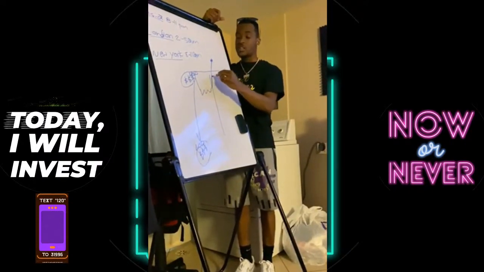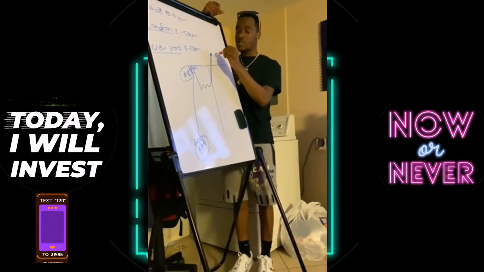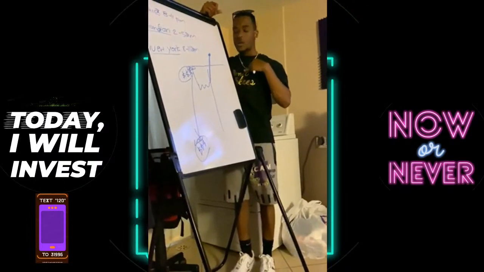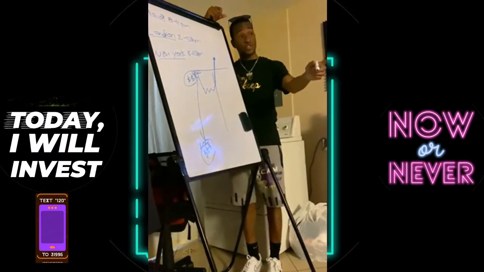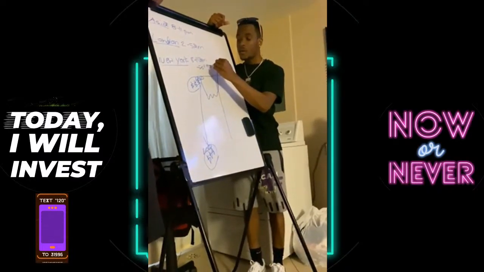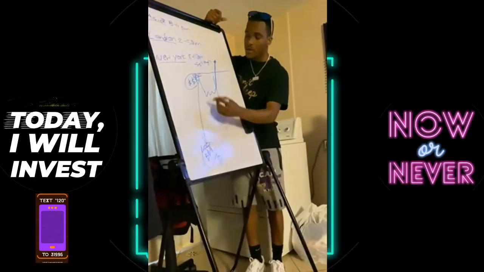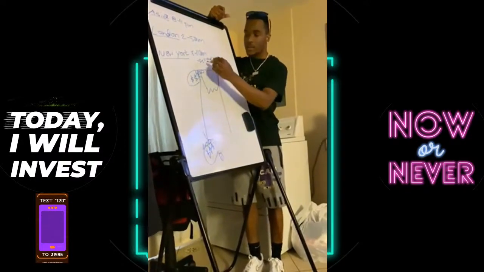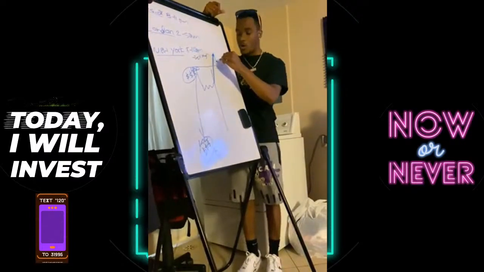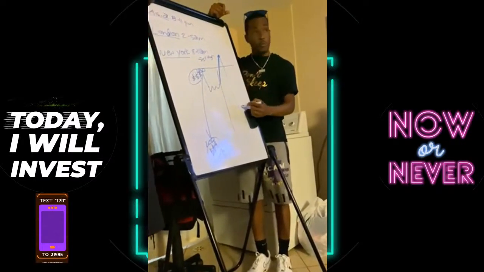So that positions you as an investor to say, all right, I know that that's the previous high right there. So I want to position myself not to buy, because that's what they want you to do. That's why we say sell high and buy low. The previous high is your guide. Instead of people buying, you sell high, so when it goes down, you make more and more money.